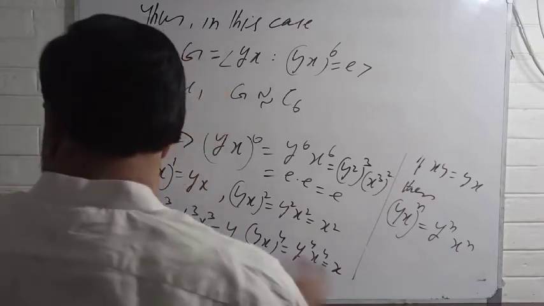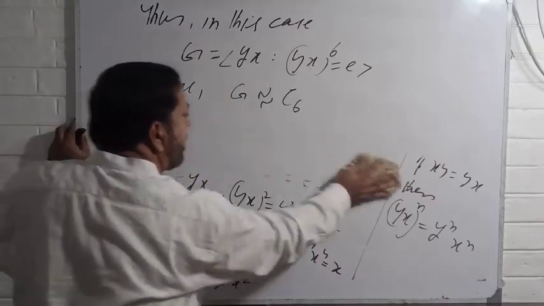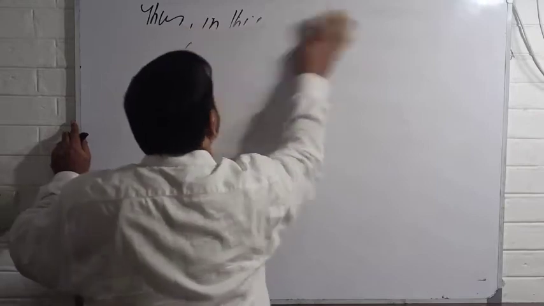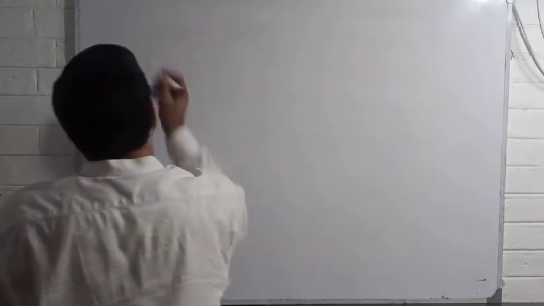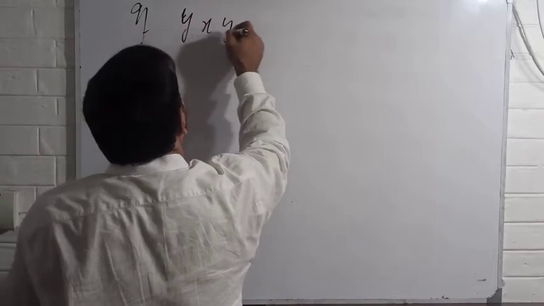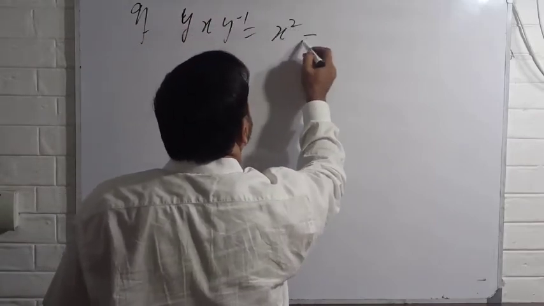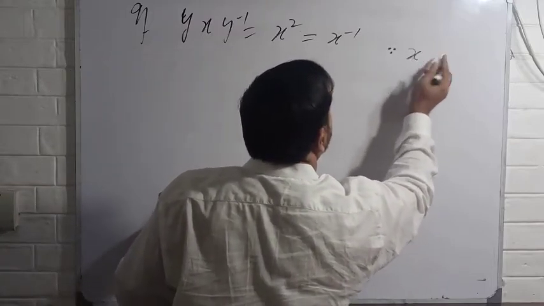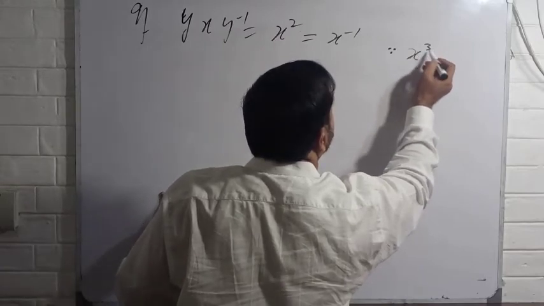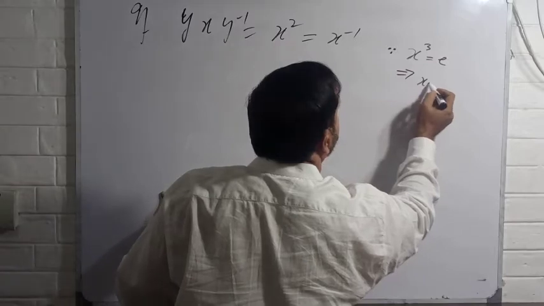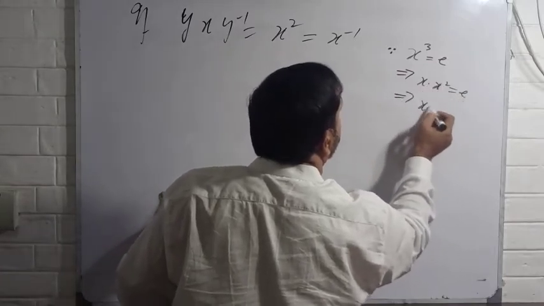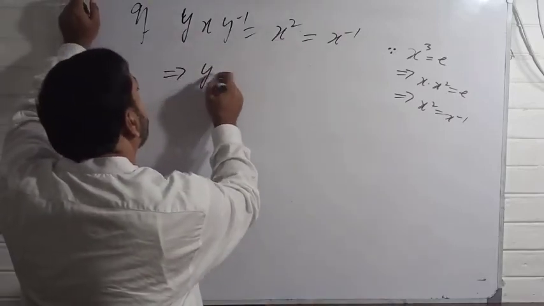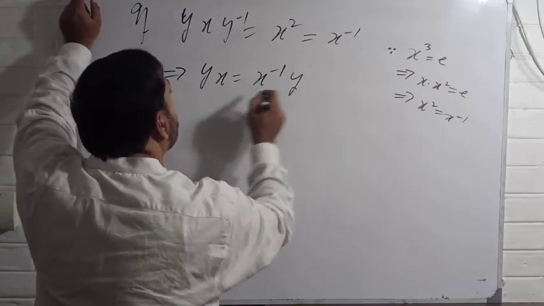So it's a cyclic group, and you know that the cyclic group of order 6 is C6. Okay, and then if you take the next case, if yxy^-1 = x^2, and you know this is equal to x^-1, since x^3 = E, this implies x^2 = E, this implies x^2 is equal to x^-1. So x^2 is equal to x^-1, so this implies yx = x^-1 y, hence the